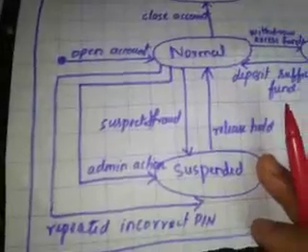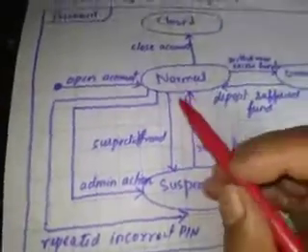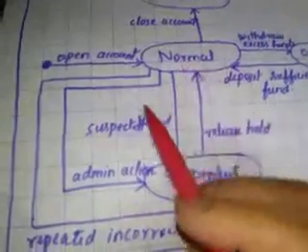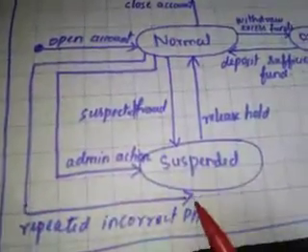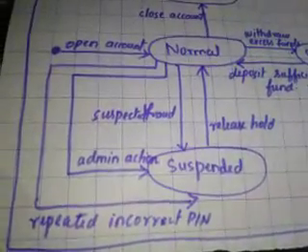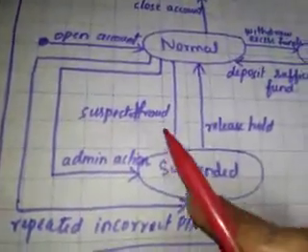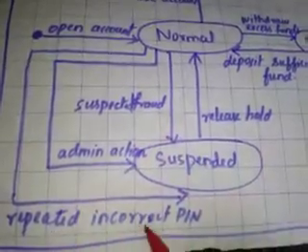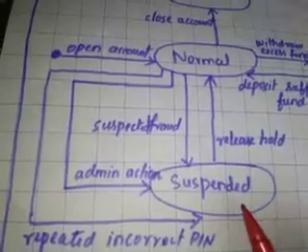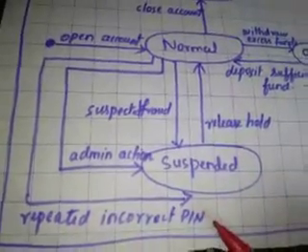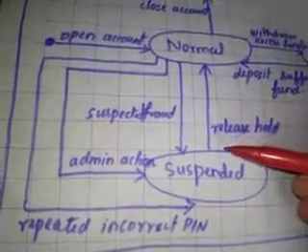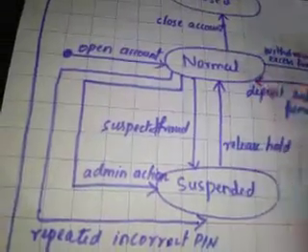normal state. Next, your account is normal, but when you are accessing the same account in the ATM machine, you might have repeatedly entered an incorrect pin, because if you try more than 3 times, it will go into the suspended state, right? Not because of fraud, but because of repeated incorrect entering of the pin, it might have moved to the suspended state. But when you approach the bank and the hold is released, it will move back to the normal state.